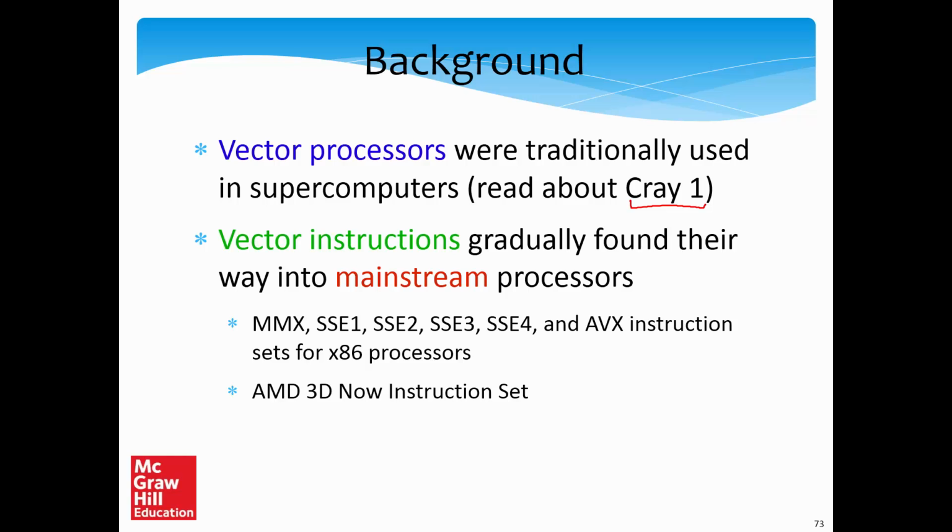For example, Intel processors support the MMX, SSE 1, 2, 3, 4, and AVX instruction sets over and above the baseline x86, which all of us have studied, such that it is now possible that I can take a regular Intel processor and run vector instructions on top of it. So I can run regular x86 instructions and also vector instructions like SSE 2 instructions on it. Why would I use the vector instructions? I would use them if I foresee a certain amount of speed up.